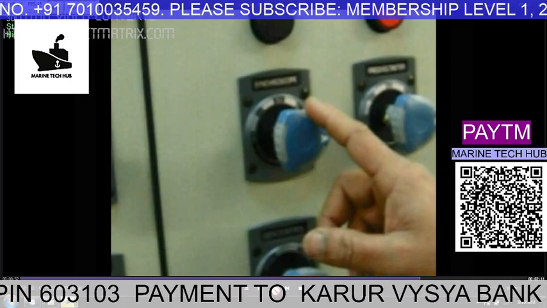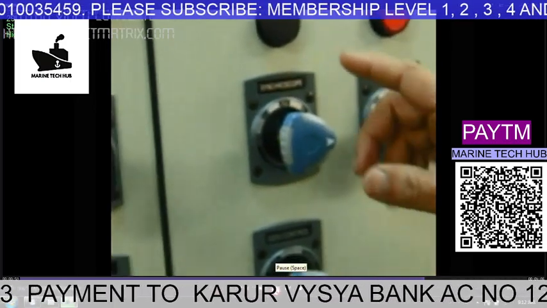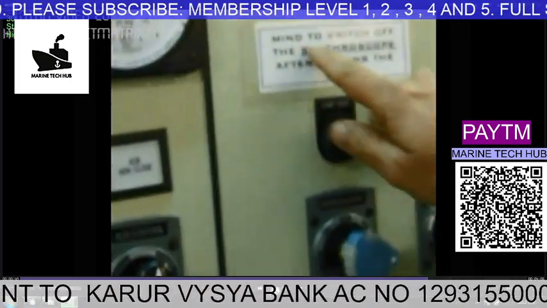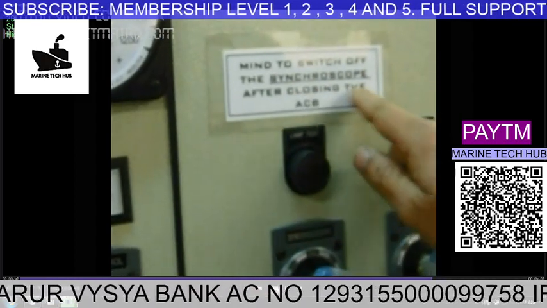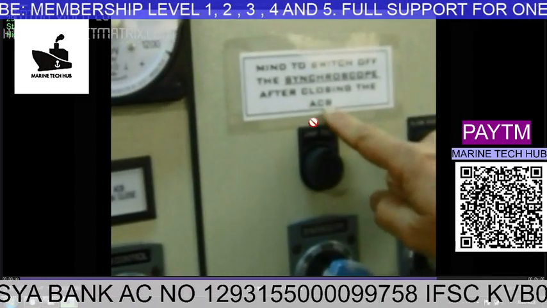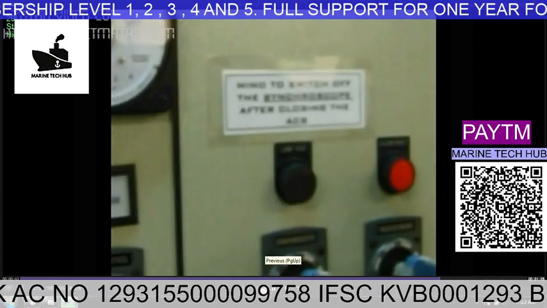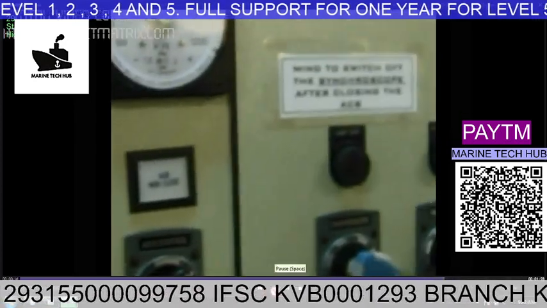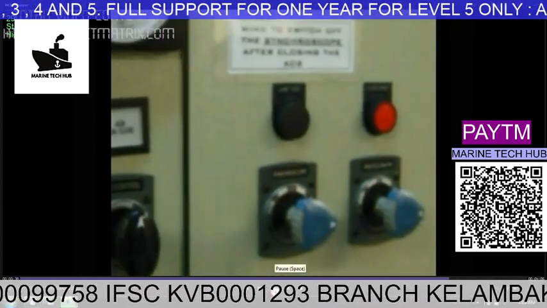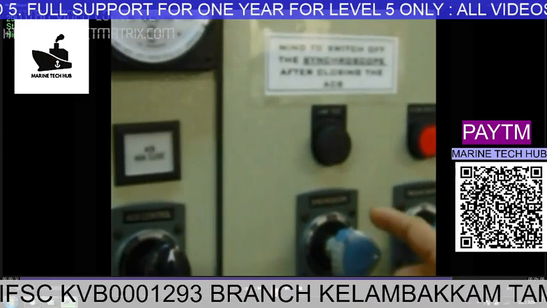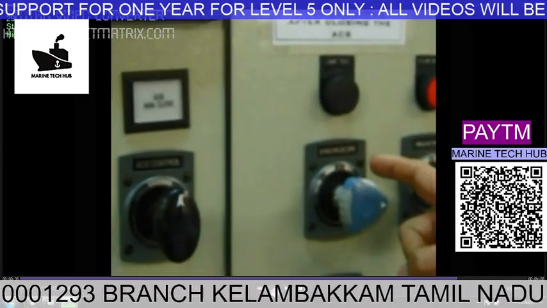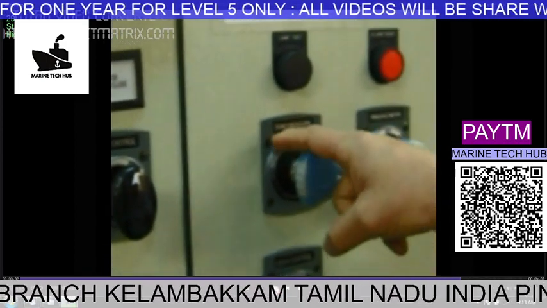This is very important, otherwise there are chances of the synchroscope getting spoiled. It is written here: synchroscope should be off when not in use. This is a very important point to remember for engineers who are working on the ship as a third engineer. They should be very particular about this.